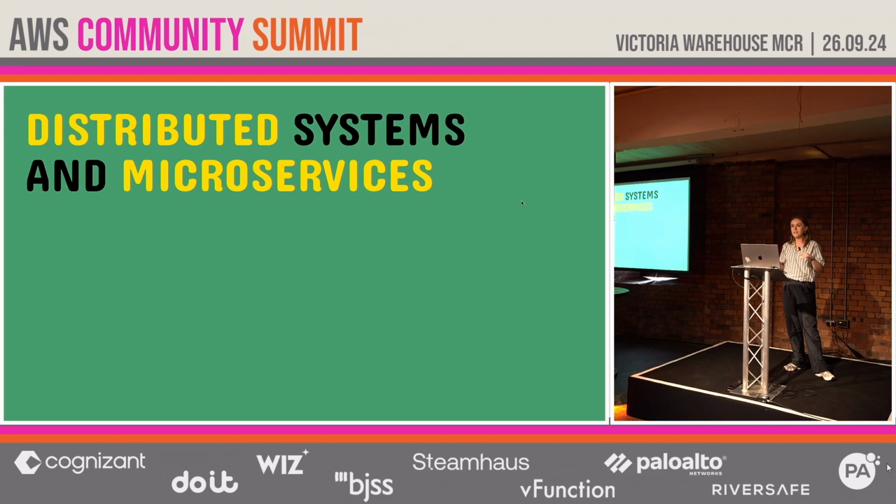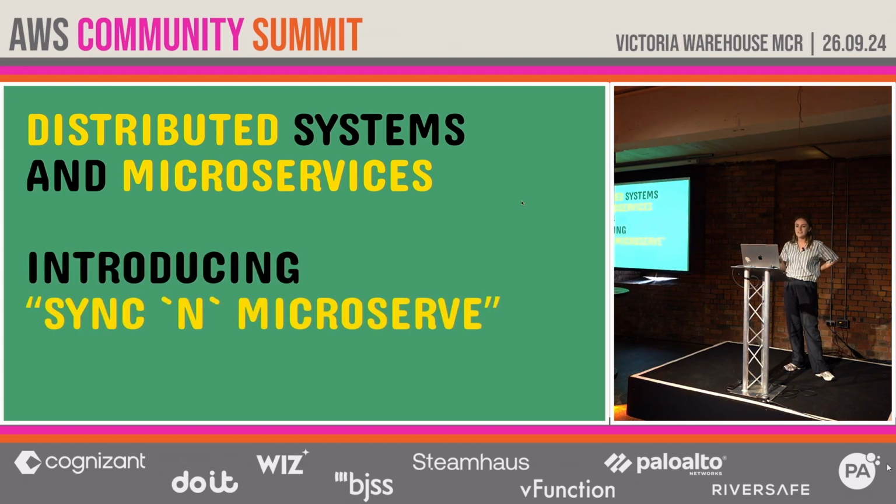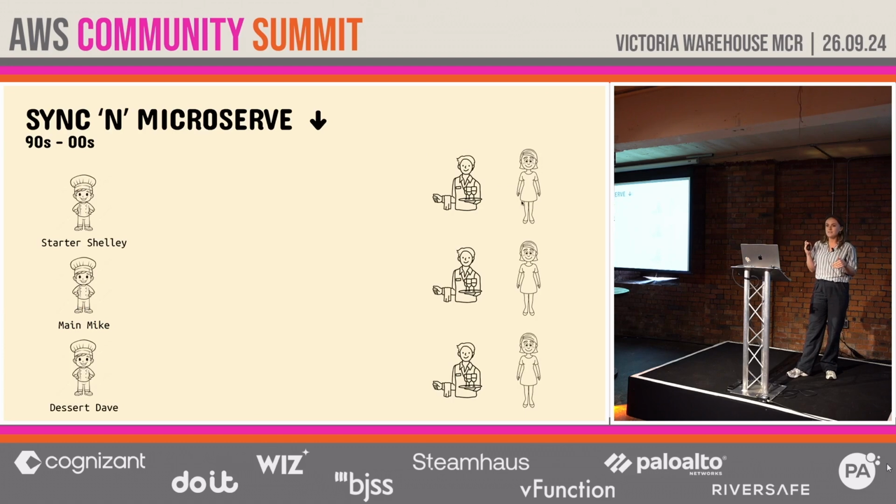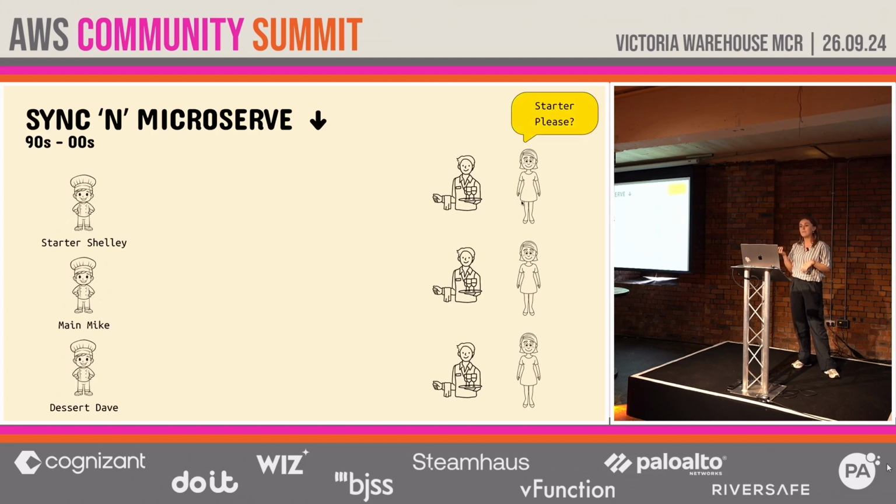So bring on the rise of distributed systems and microservices, and introducing Sync and Microserve. So the restaurant rebranded, and now they've got different servers, or in this case, chefs, for starters, mains, and desserts. And the waiter would go up to one of the customers, ask for a starter, and then go to Starter Shelly, but meanwhile would still be waiting,